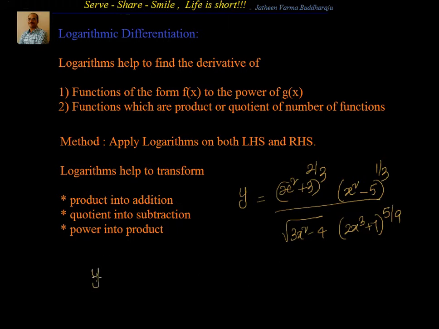Suppose I have a function like y equal to x cube multiplied with e power 2x and multiplied with cos x. Now you can use the product rule for u v w or u v and find the derivative of that. But suppose there is also a power x here, then it becomes very difficult for you. By applying the logarithms, it becomes very easy to solve these types of problems.